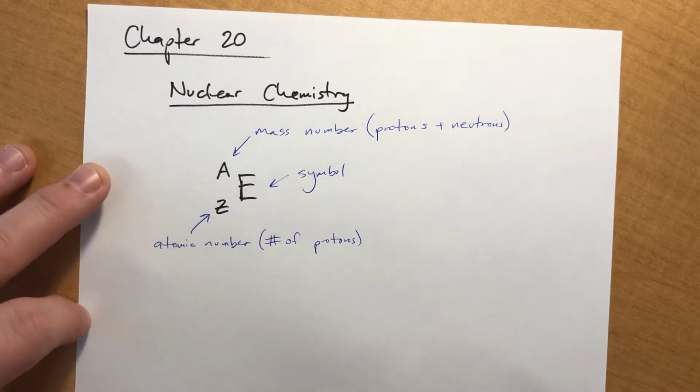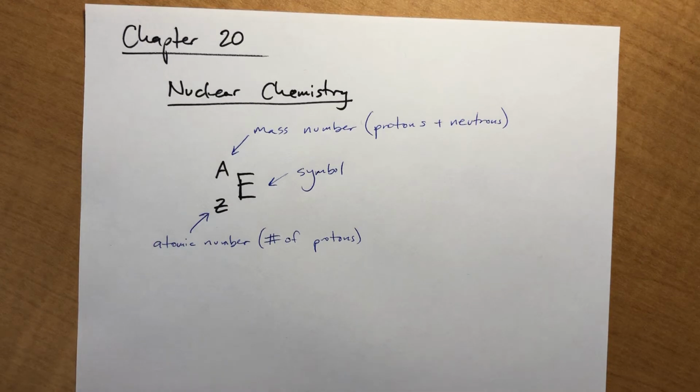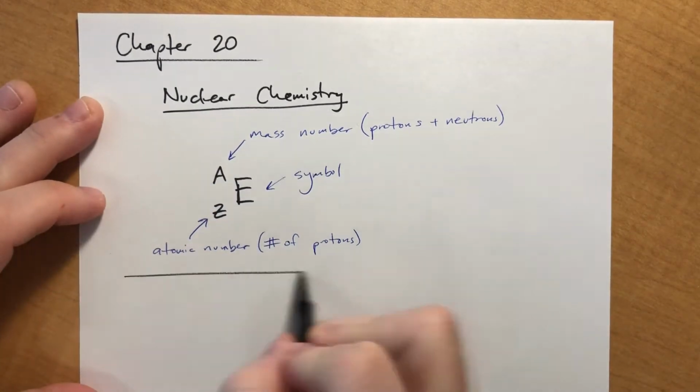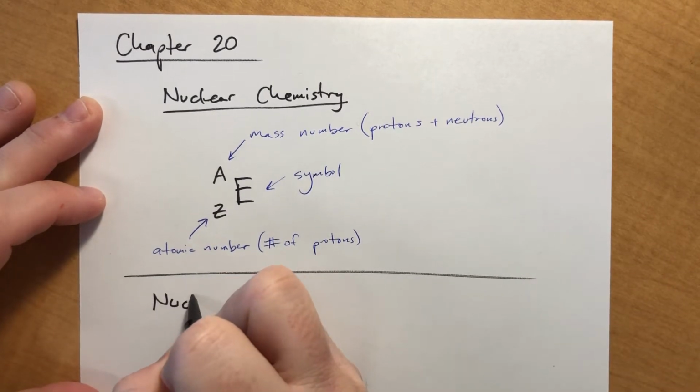So, when we talk about nuclear reactions, we almost genuinely don't care how many electrons there are, which seems weird because we spent 19 straight chapters focusing on electrons. We care about protons and neutrons, and whether protons and neutrons are gained or lost or changed or whatever. So anytime we have nuclear reactions,